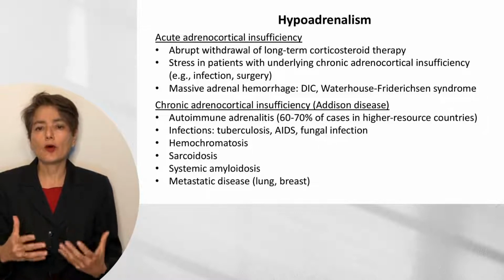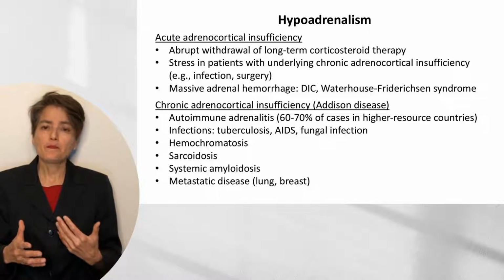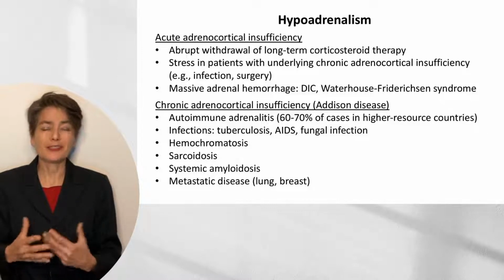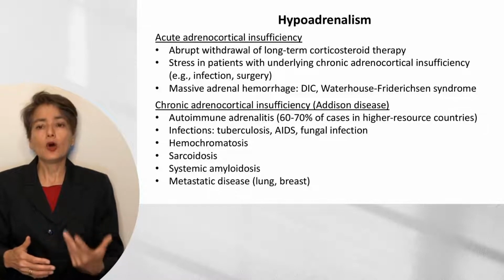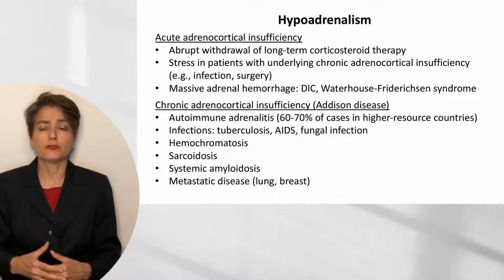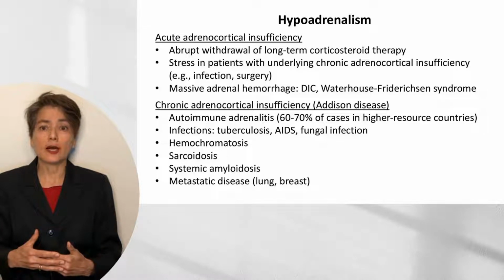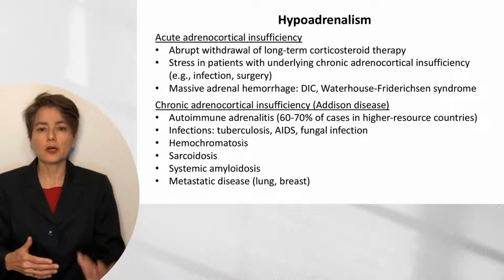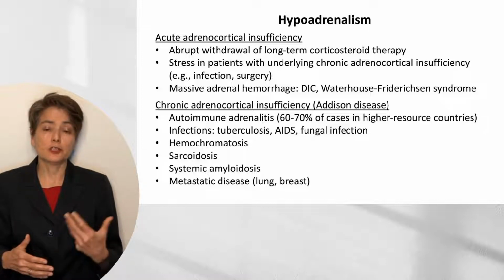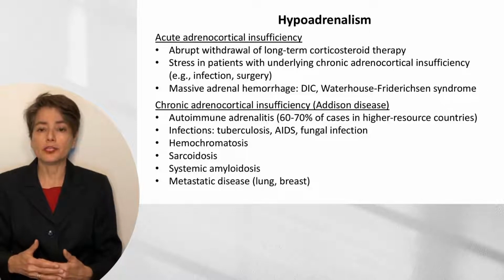But next, let's talk about chronic adrenocortical insufficiency, or Addison disease. Now, in higher resource countries this is most commonly due to autoimmune adrenalitis, so about 60 to 70% of cases. In lower resource countries, we see a higher incidence of infectious causes, so tuberculosis, for example, or AIDS or fungal infection. There are systemic diseases as well that can contribute to hypoadrenalism, so hemochromatosis, sarcoidosis, and systemic amyloidosis. And finally, metastatic disease, so carcinomas of lung and breast, are the most common causes of chronic adrenocortical insufficiency from